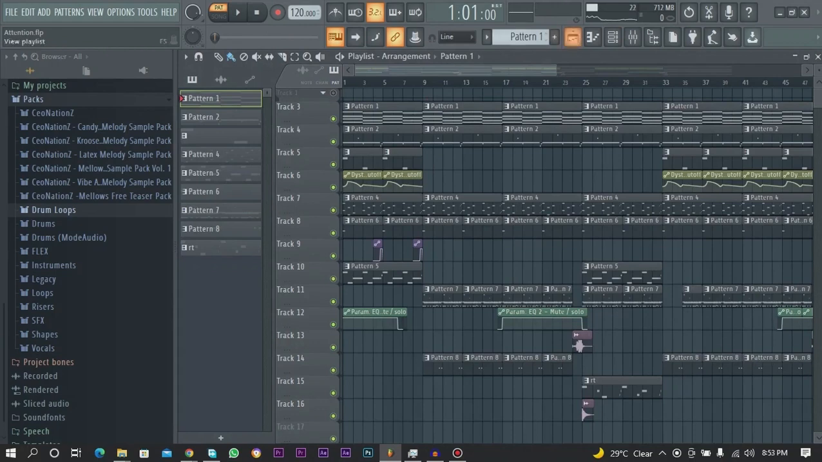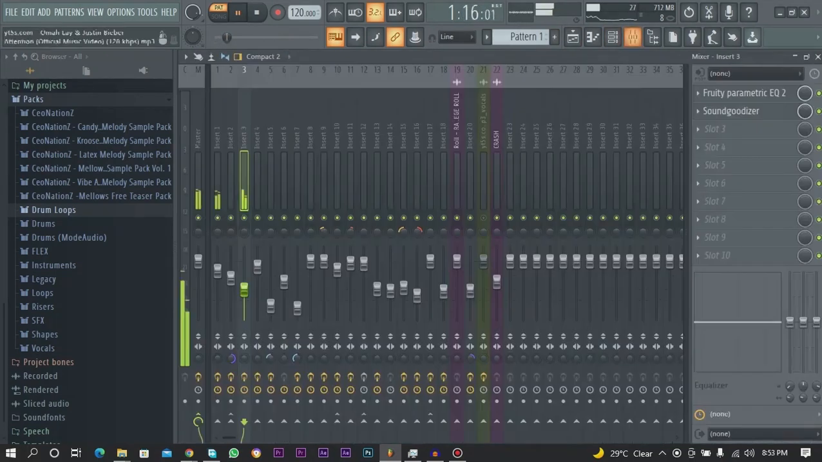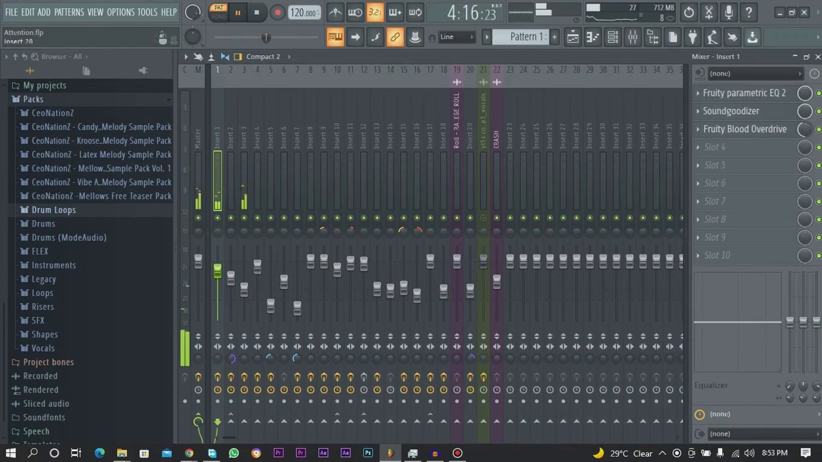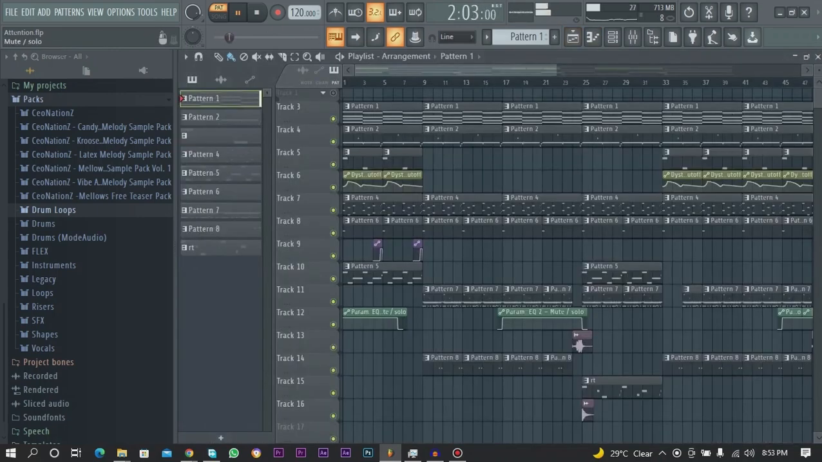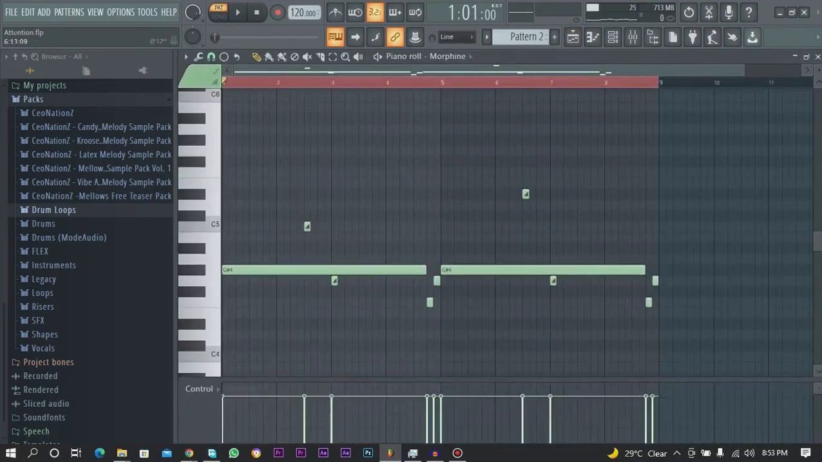The effects added on this: you see the two are separated into two different channels. We just have a parametric EQ, sound quantizer, and Blood Overdrive for distortion. We have parametric EQ and sound quantizer here, also the A preset, and here we also have the A preset right here. And that is that for that. All right, so next up we have this,